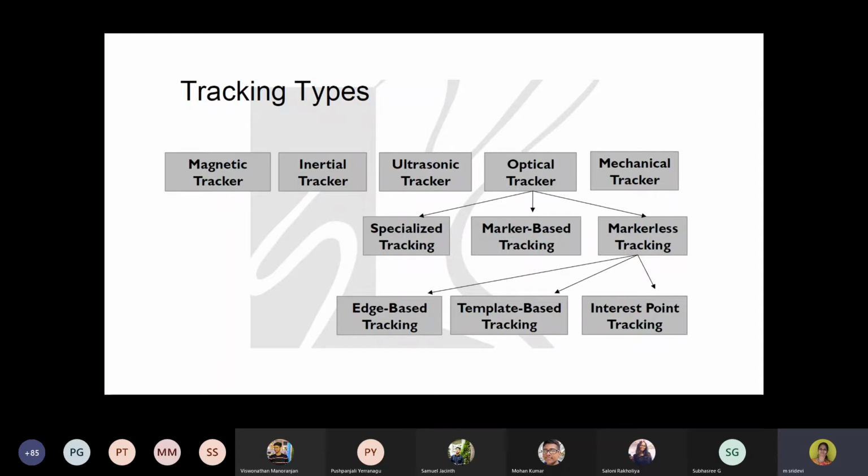And the main advantage of using this is it's highly accurate, and the precision is also high. Another advantage is it will give you haptic feedback by which you can get the input and then process further. And coming to the disadvantage, it's a little expensive.